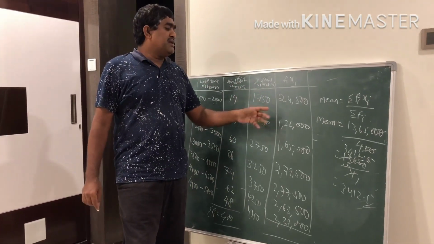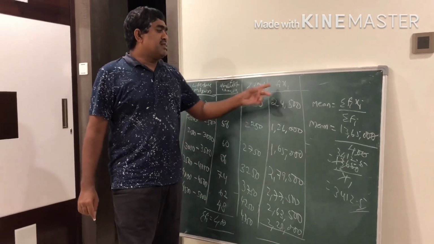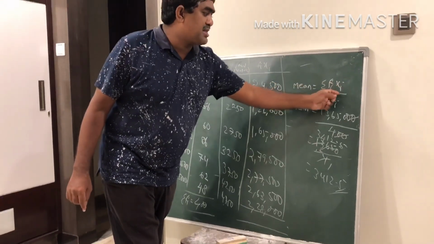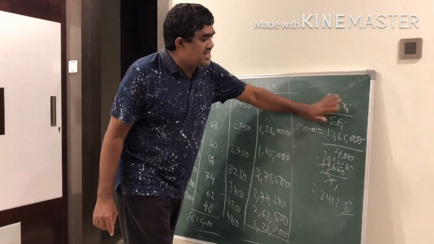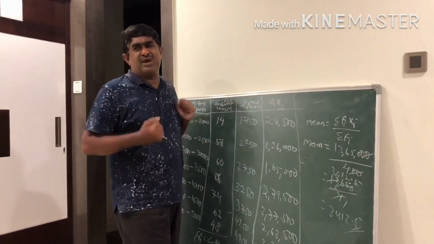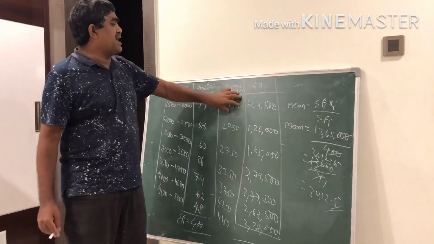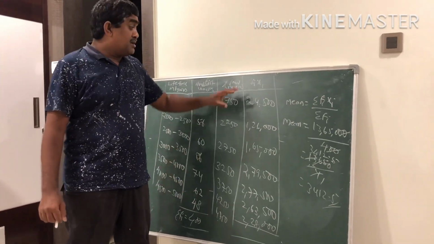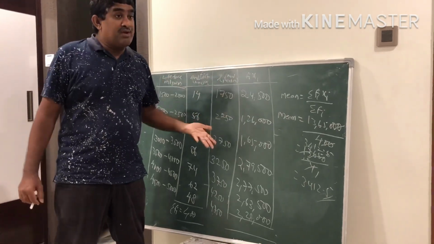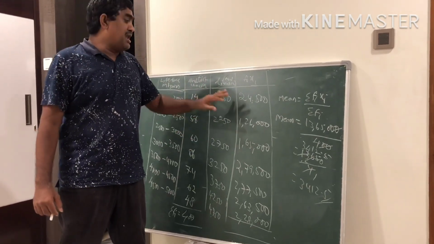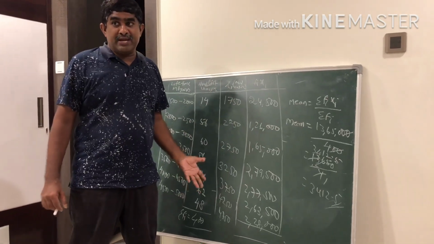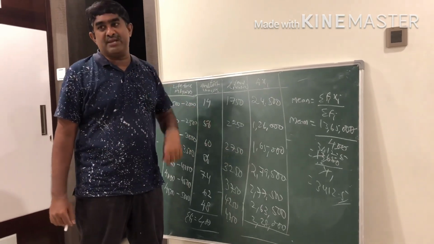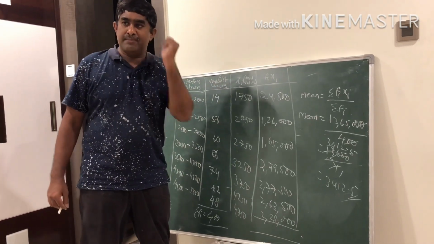Even Jagdish can't do the multiplication. So every child, if such big problems have been given, this general method, what is the formula? Sigma fi xi by sigma fi. This method is very easy. Easiest method, nothing is there to find. Simple, class interval, frequency, xi, both multiply, finished. Problem completed. But when you are getting bigger numbers, the problem will become so complicated. It takes a lot of time. Today, nearly 10 to 15 minutes of the whole class was spent on only one problem.